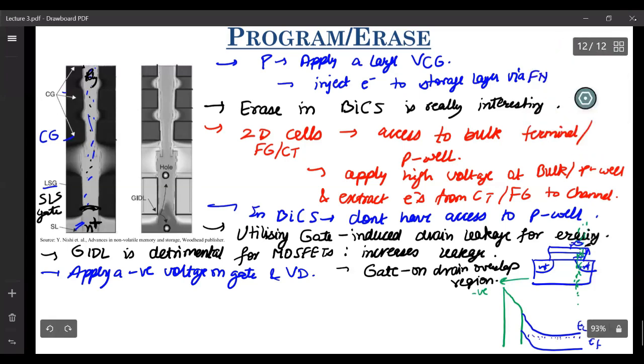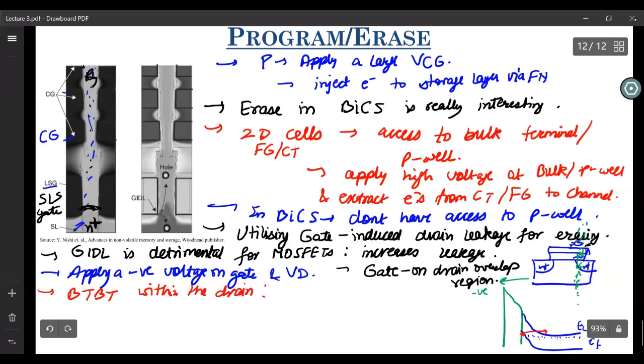Once you have this kind of configuration, you see that there are these electrons over here, which see a very small barrier for tunneling. So this kind of band configuration leads to band-to-band tunneling within the drain.